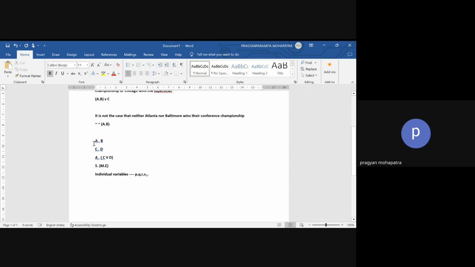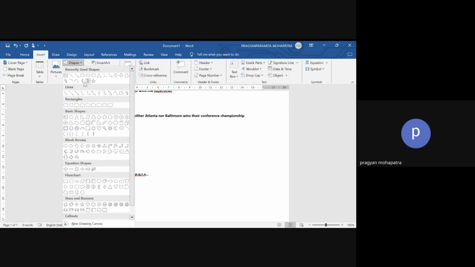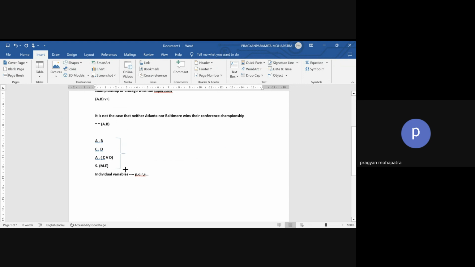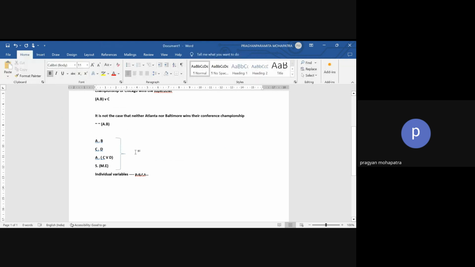All these statements have the similar form of conjunction, therefore they will be symbolized as P conjunction Q. Here, in A conjunction B, P stands for the statement A,